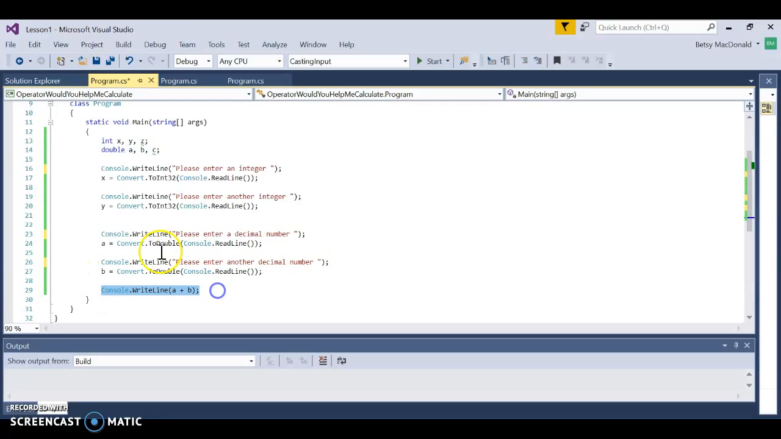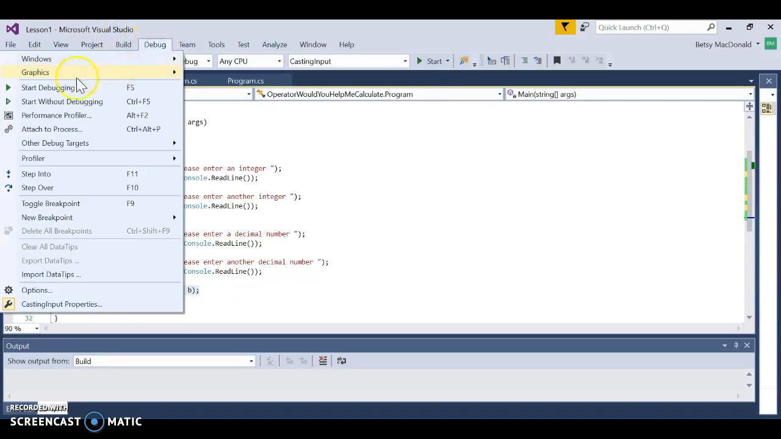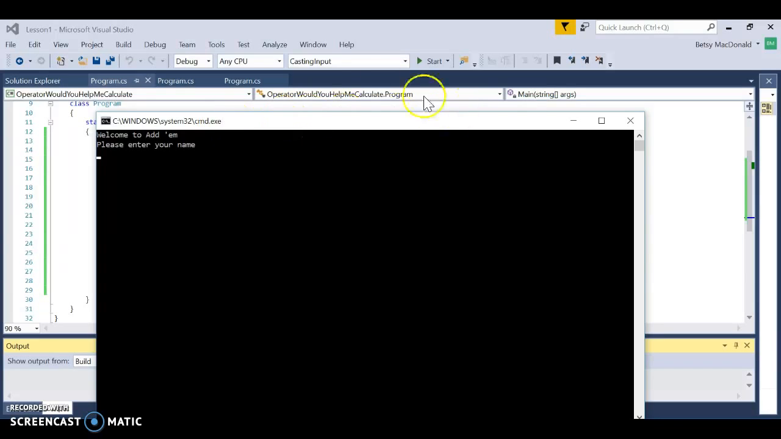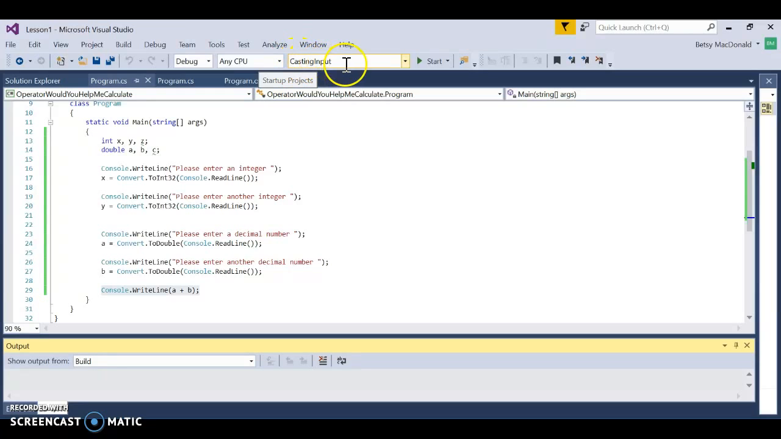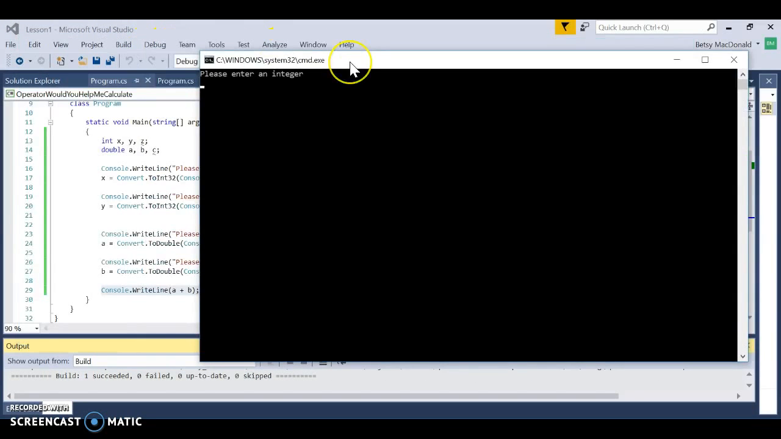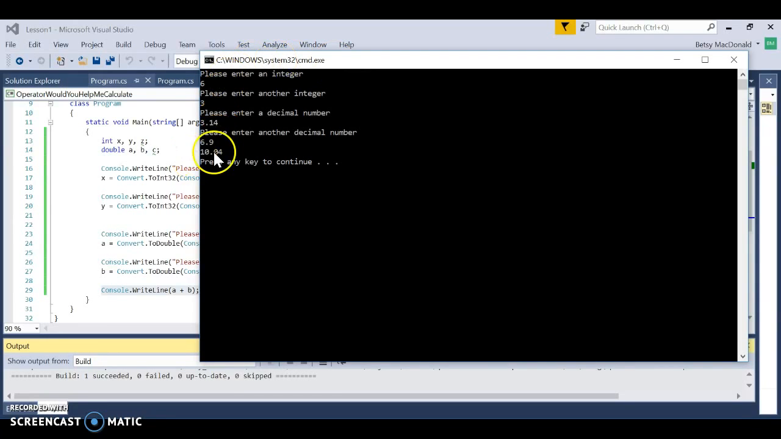I'm not sure how this outputs. This is actually a test for me. So start without debugging. Oops, I'm running the wrong thing. So this is the wrong program, and it happened because this is running casting input when I really want to be running, what do I want to be running? Operator, would you help me calculate? Operator. Okay. Enter an integer, 6. Enter another integer, 3. Enter a decimal, 3.14. Enter another decimal, 6.9. And all it writes down is 10.4, which is